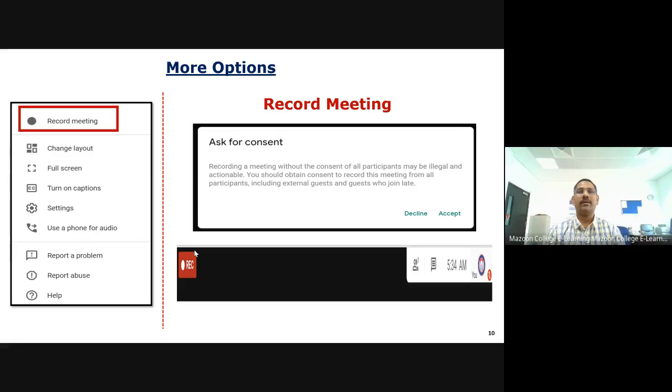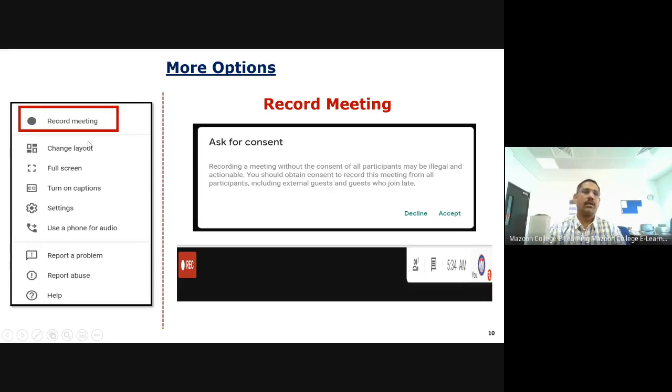With a larger file it is very difficult to upload the video into Moodle or to download it quickly, and your data pack or internet will get slow. But when you record with Google Meet, it takes a very low file size, which is a big advantage for you, and it is very easy to record as well. Just record it, finish it.